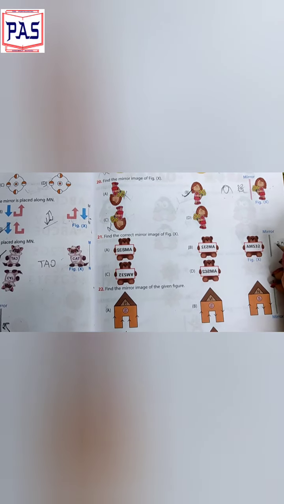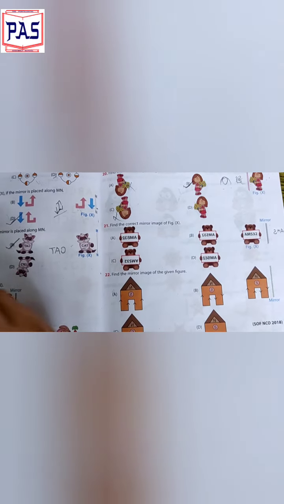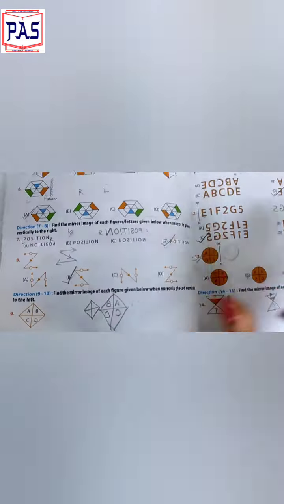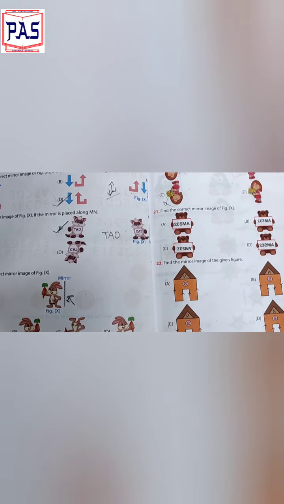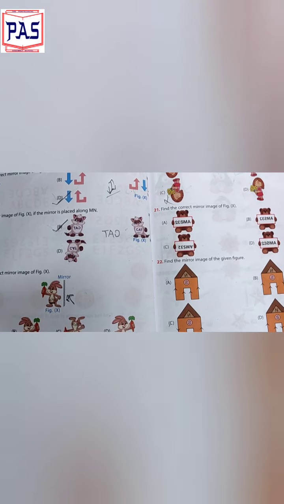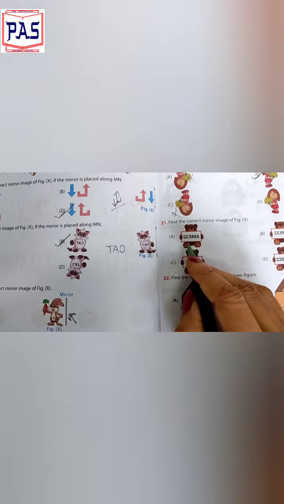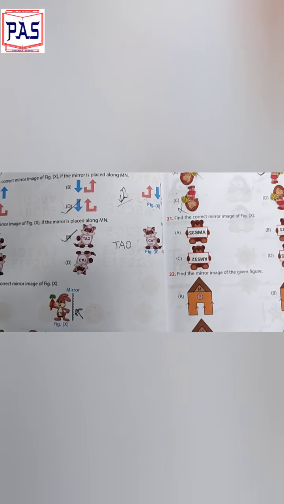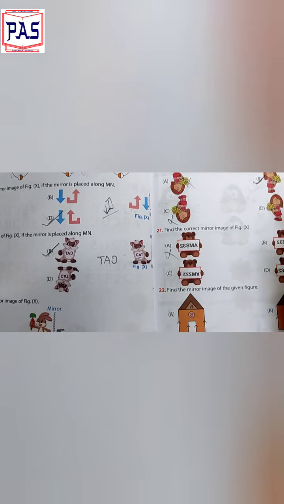turn its position like this, because in the mirror image, to solve this question, you have to follow these tables, children. The mirror image. So with the help of that table, you can see that 3 will appear like this and 2 will appear like this. So you have to find out this combination. In option A, you can see 2 is like 2, 3. The S remains the same, so it will not be your answer.